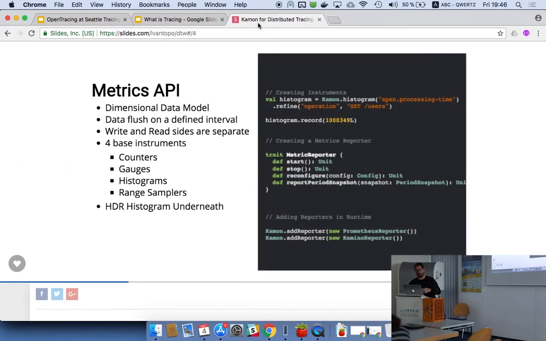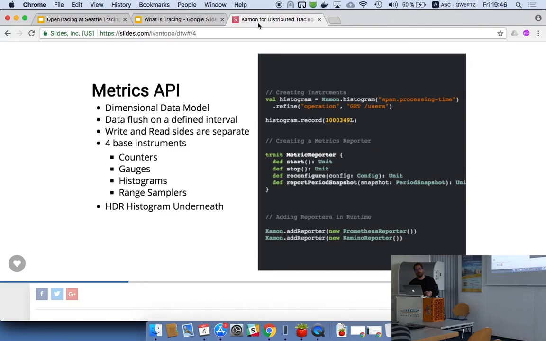Now, let's look at the metrics API. The metrics API is kind of simple. It has a dimensional data model, different to, for example, things like Graphite, where there's this scoping of metrics, and there is only just one big name where you define the metric name and then the values. We have the same model that Prometheus has, for example. It's a metric name and then key value pairs, usually called tags. We call it tags, that give you different dimensions to a particular